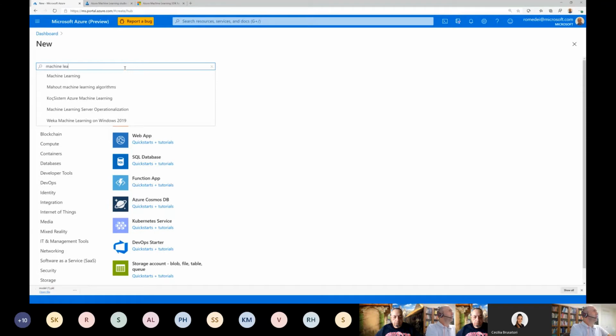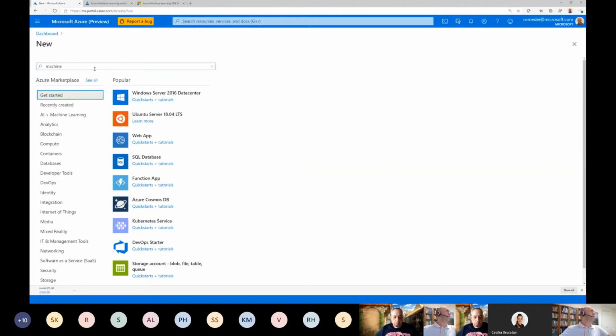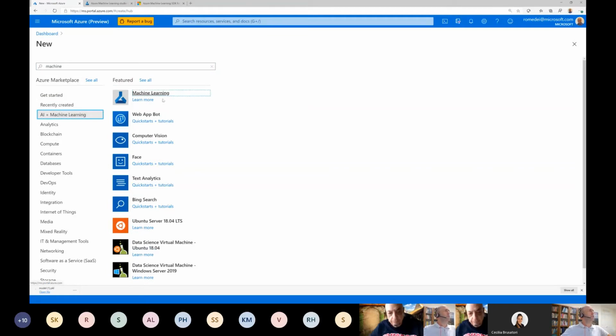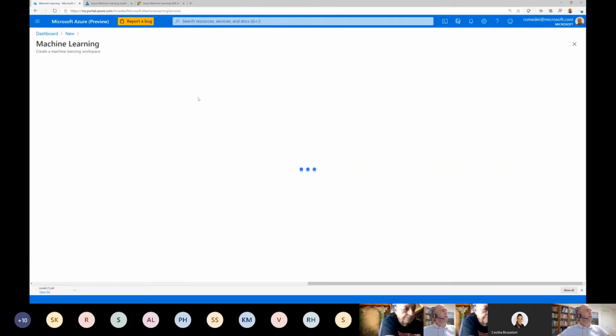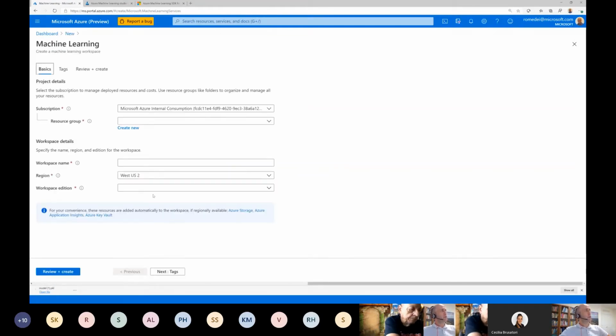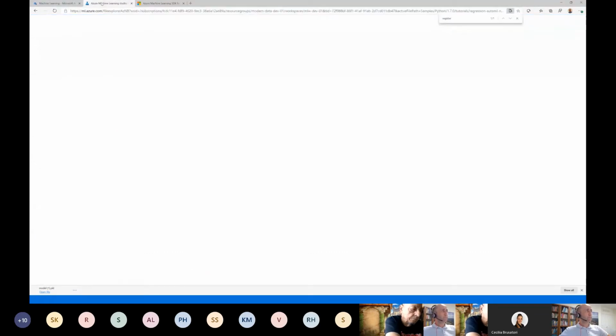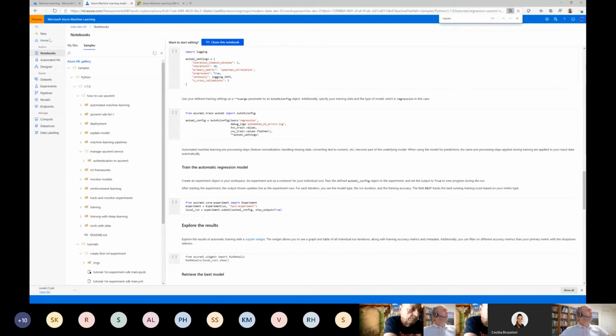The machine learning studio classic. You see this one here? You have sometimes the classic one. This is the old product, right? So if you're starting something right now, you definitely want the new one, the one that you see here, AI machine learning and machine learning, right? So you can create this resource. Once you do, you end up with an